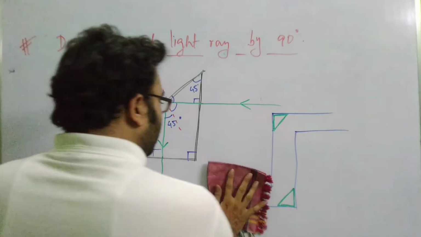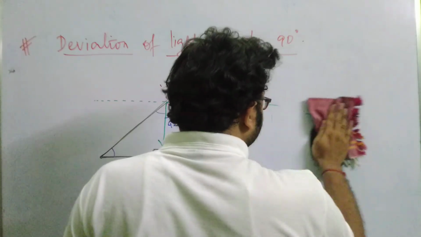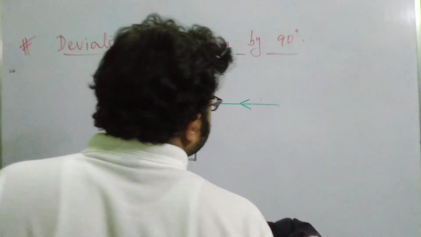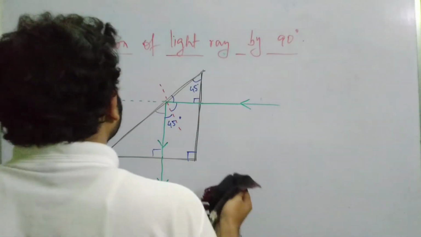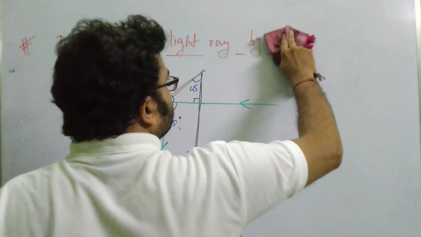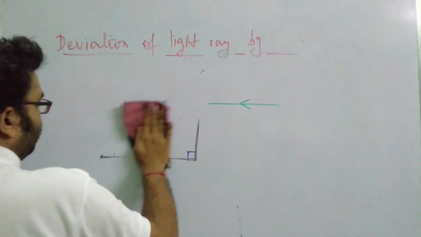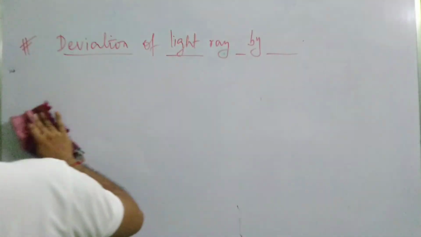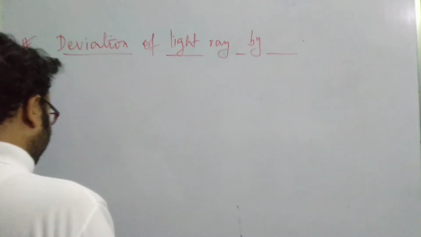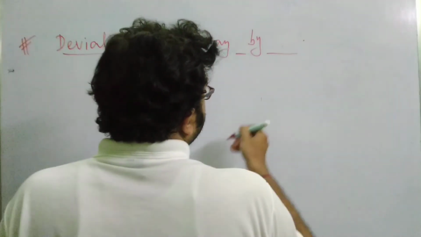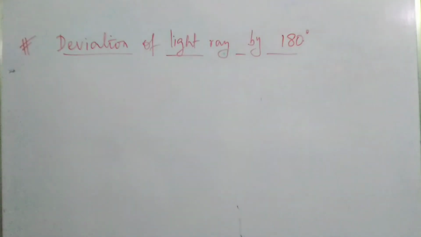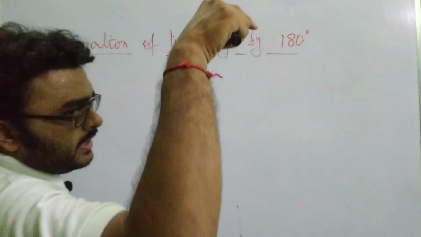Now in the second application, what will we be doing? We will be deviating the light ray by say 180 degree. So how can you deviate the light ray by 180 degree? I am just rubbing off the angle and the figure here. If you have not drawn the diagram, please pause the video, move back a little and draw the diagram, or you can also watch it once again so that the concept is clear. If I want to deviate a light by 180 degree, it is going in the upward direction, and we will just revert it back, so it will be going in the downward direction.